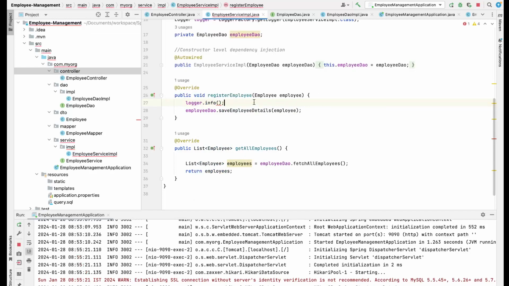As of now, I am writing this logger.info, and let's say when do you want to use this logger.error. Let's say you are getting some exception. In that case, you can use that logger.error in your exception. So for now, I'm using some logger here, and this is an info level, which is giving me some information. So what I will write is registering a new employee,